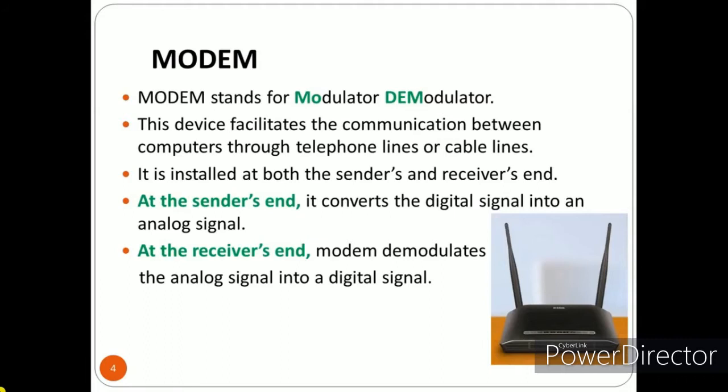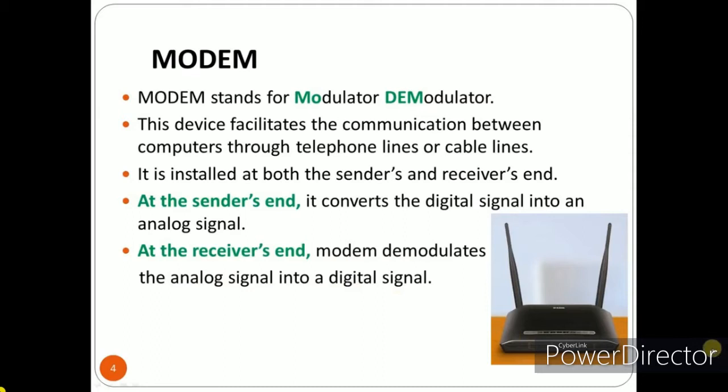You can see it is installed at both the sender and receiver sides, so obviously they will have different work. At the sender end, it converts the digital signals into analog signals, right? And on the receiver end, the modem, that is the demodulator, converts the analog signals into digital signals. Okay,